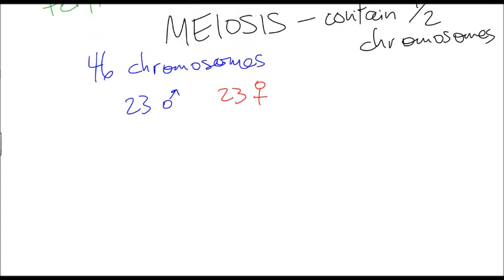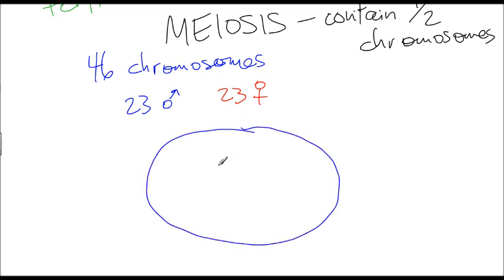So let's try to draw something here. Let's try to draw that cell. So here's our cell, and I'm not going to draw it like I've drawn it before. In that cell we've got 46 chromosomes. So I'm going to draw the chromosomes like this. And what we have here is 23 pairs, right? Here's one pair, so that's 2 chromosomes. And we're going to go down to our last pair,